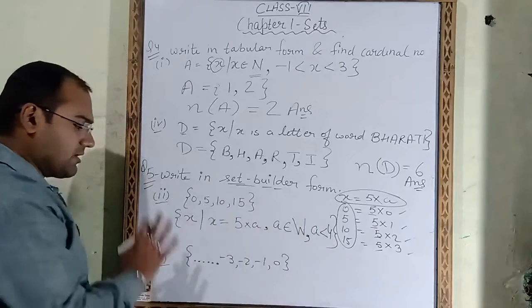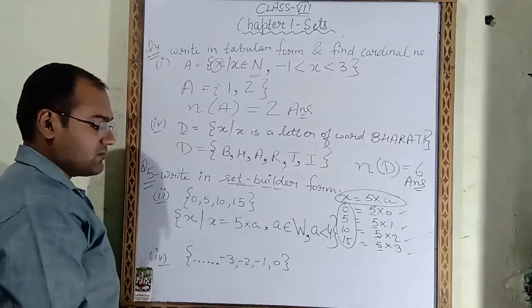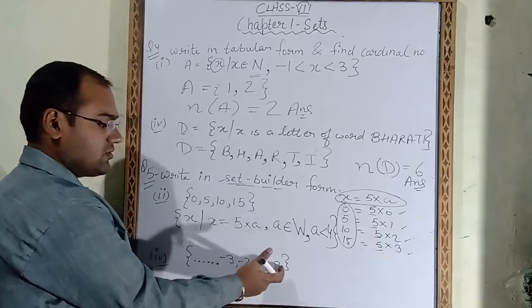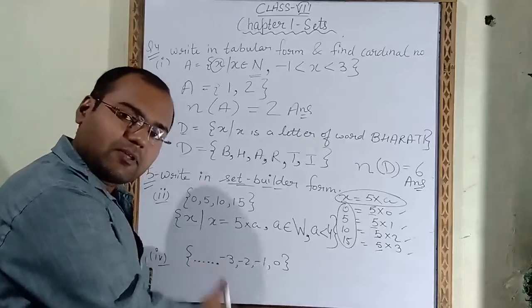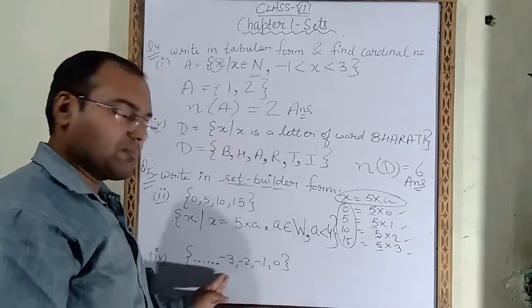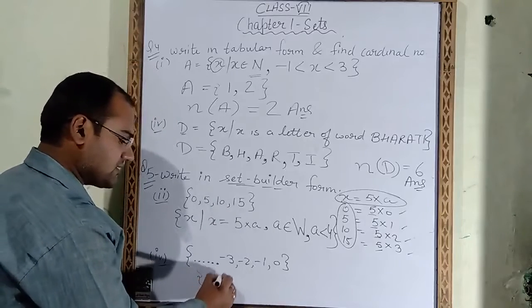Now see part number 4. In this fourth part, what do we have to do? We have to write in set builder form. What is this? 0, minus 1, minus 2, minus 3. 0 is coming and negative numbers are coming. That means these are all integers. 0 and negative numbers are coming, that's why these are all integers. So we have to write x such that